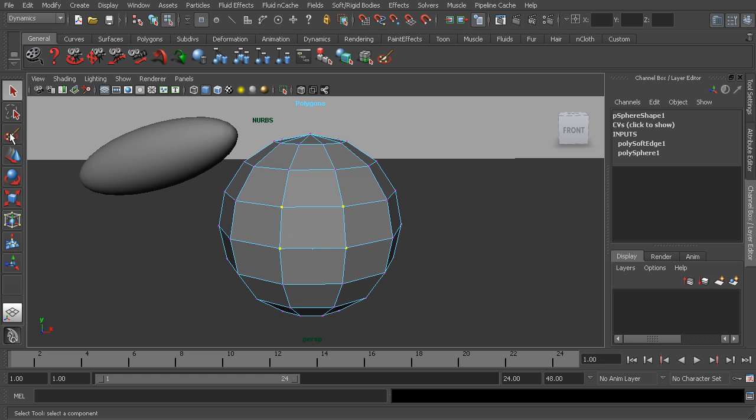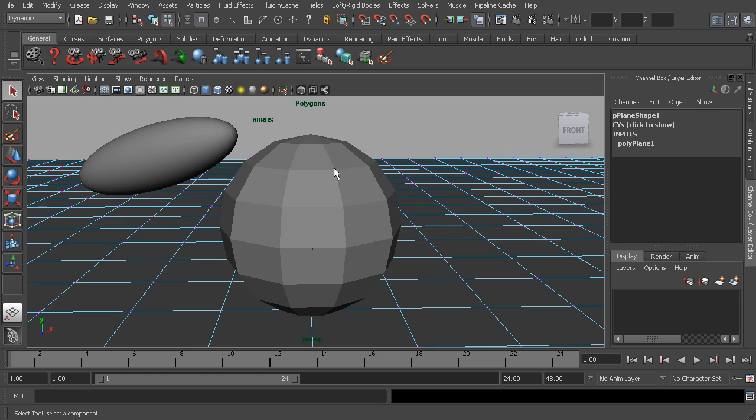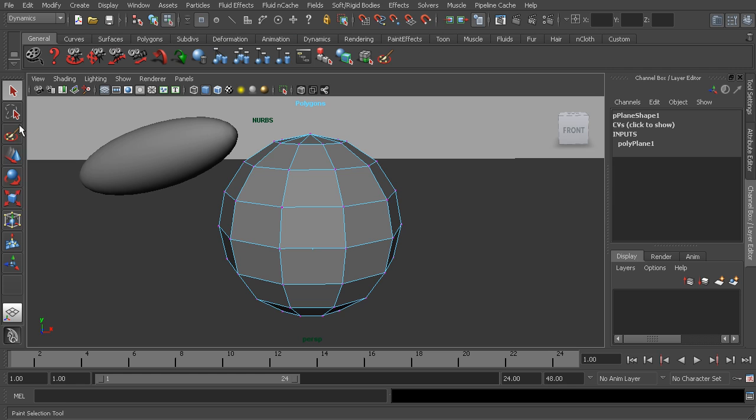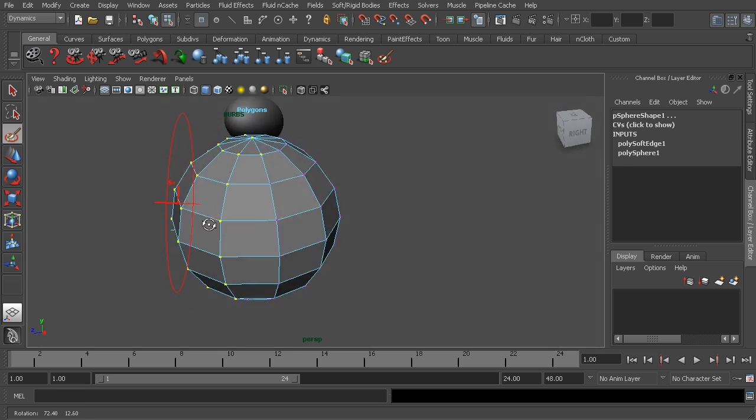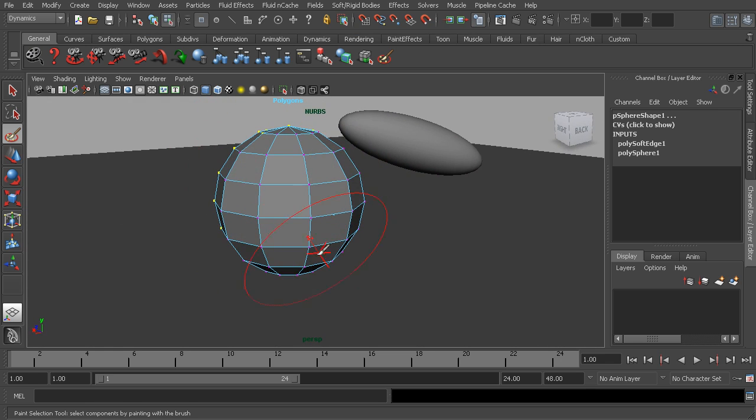Now this paint selection tool makes this a little bit easier. So with the paint selection, let me first just maybe start by deselecting everything. Just click somewhere out here to deselect. There we go. Go back to my paint selection. And what I can do is just simply click and drag, select all of these different components, and with the paint selection, it will only grab the components that are currently visible to the camera. So if I orbit around to the back,